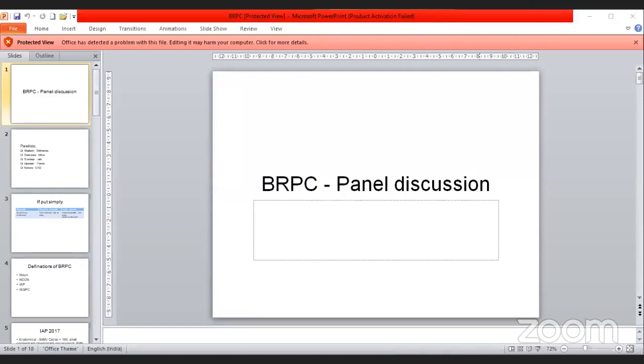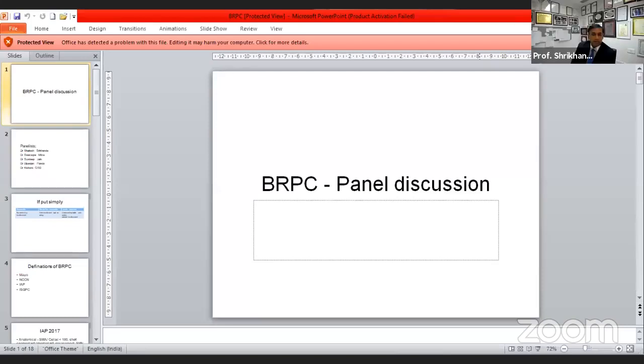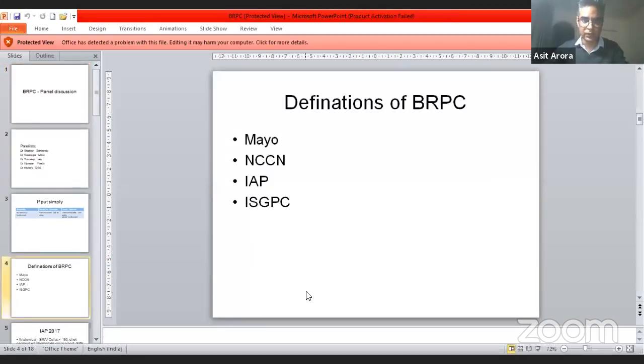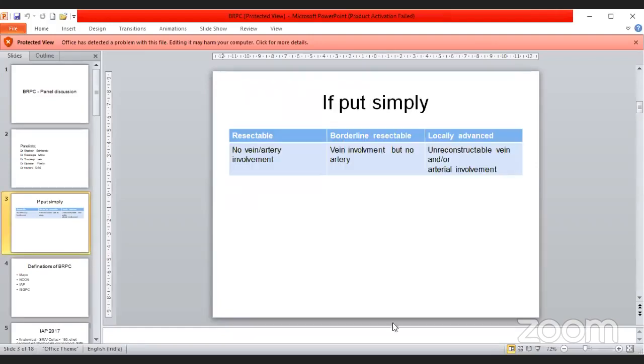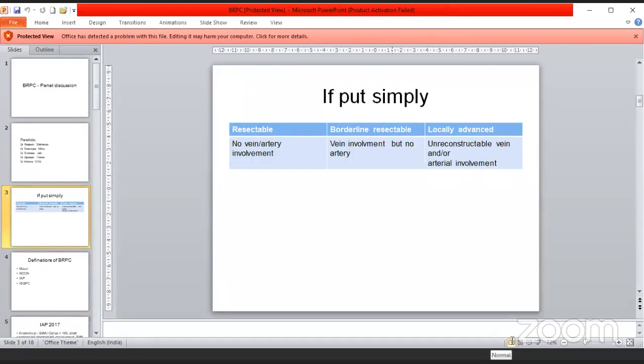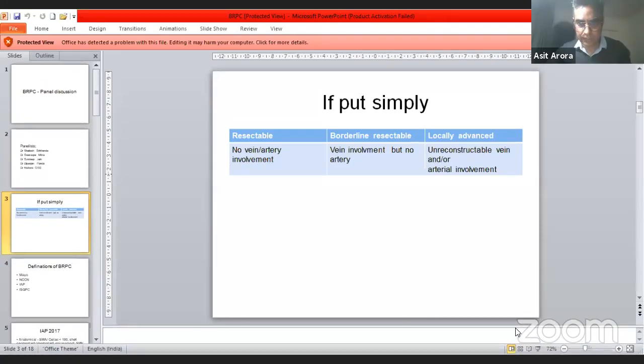Sorry to interrupt, Dr. Asit. Your slides are not moving. Which slide are you seeing right now? Only the first one, the panel. Just the intro slide. I think you need to put it on a slide view and then start pressing page down. No, it is moving here. So let me do it again, please. Sorry. You have shared the slide and presentation. These are different screens. I'll share it again.